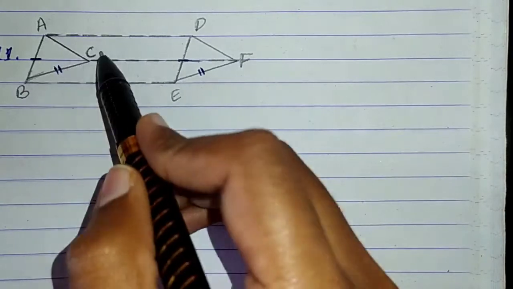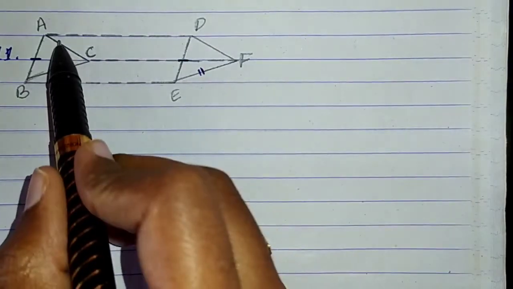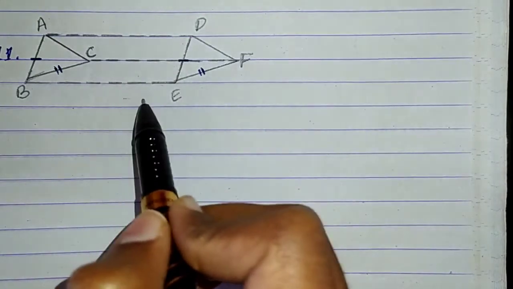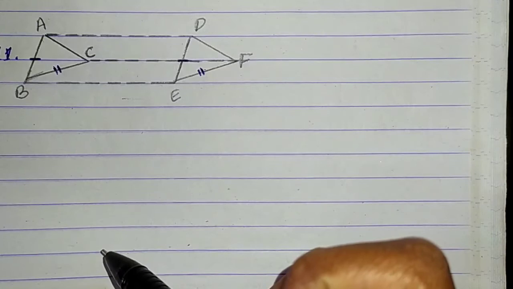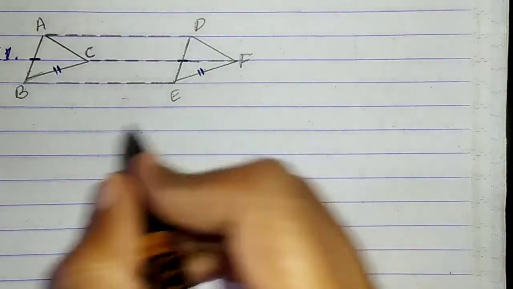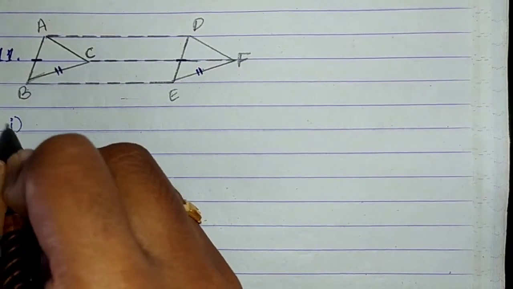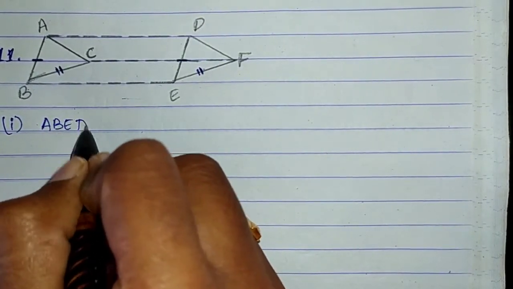Vertices ABC are joined to vertices DEF, so that is why the construction has been shown in dotted lines. Show that quadrilateral ABED is a